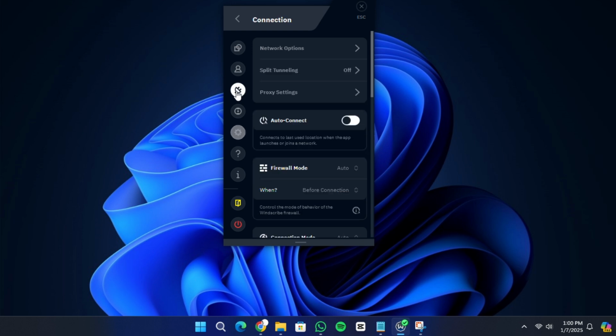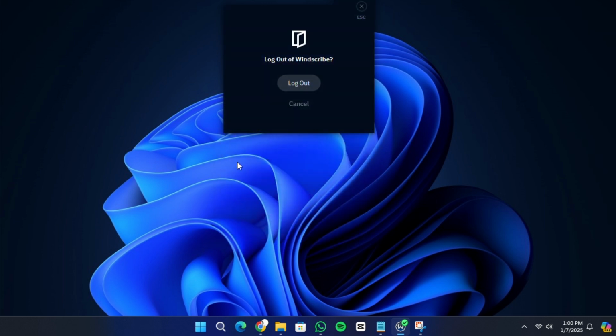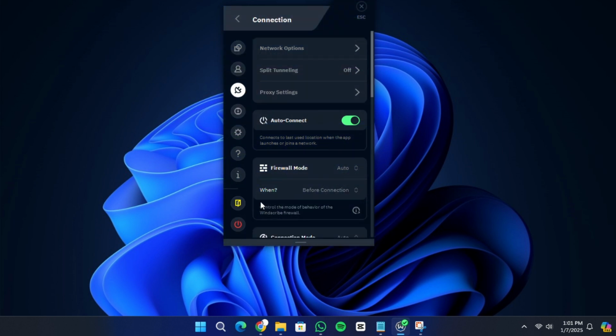In the connection settings, you can enable Auto Connect to make sure Windscribe activates whenever you start your computer. To disconnect the VPN, simply click on the power button again. If you need to log out or quit the app entirely, you can do so from the menu in the